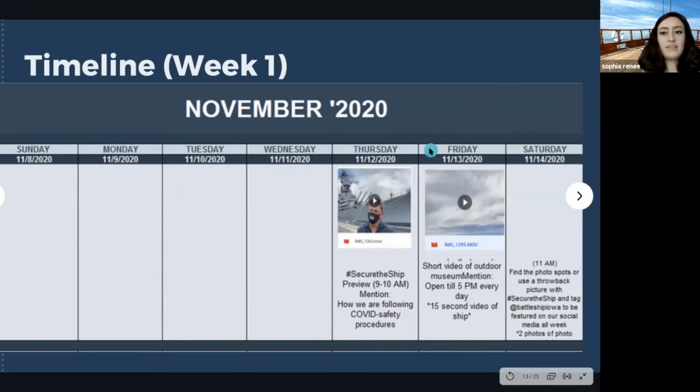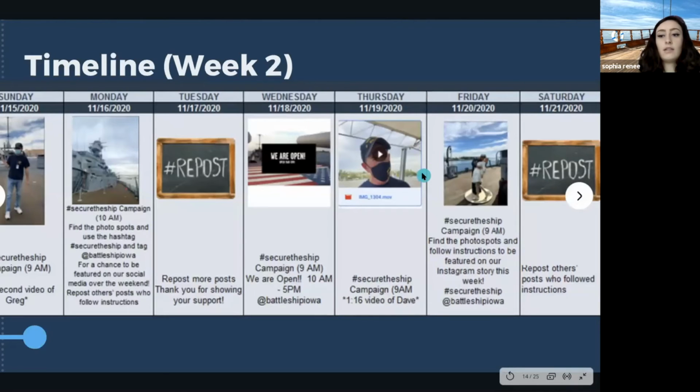So for our timeline, we used the hashtag Secure the Ship, and we created a timeline of a week and a half for their social media content. This included photos and videos with the hashtag, letting people know of the campaign, which provides engagement and action. So the content consisted of COVID safety measures,